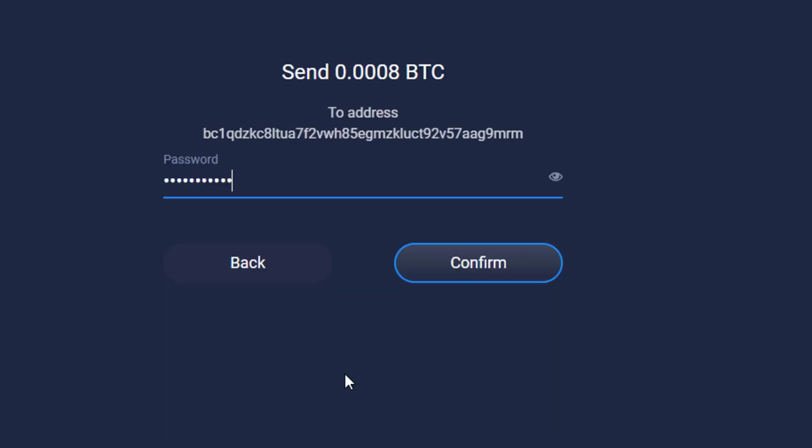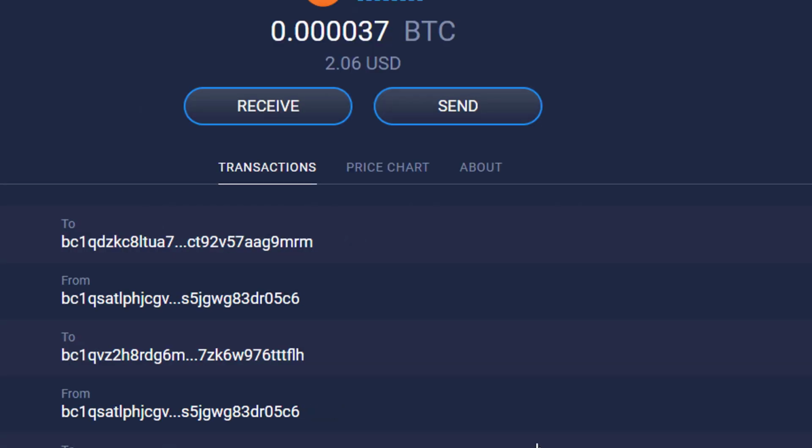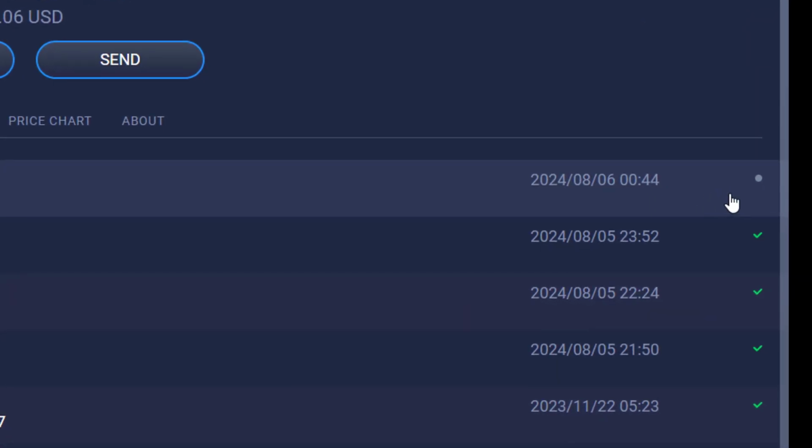The Atomic wallet requires me to put my password in. Going to confirm. All right. That was successfully sent. I'm going to go back to my wallet, and you can see that that is on its way. So this is going to take a little time here.